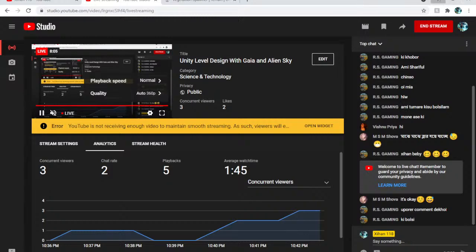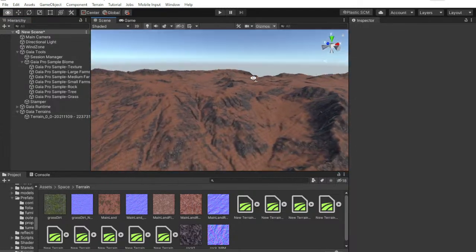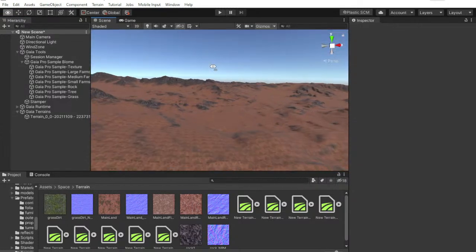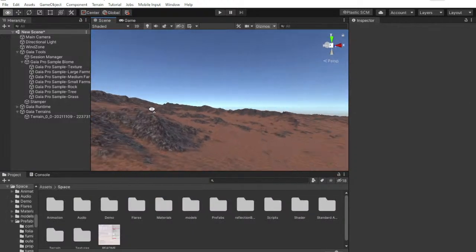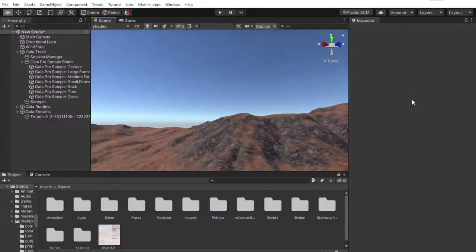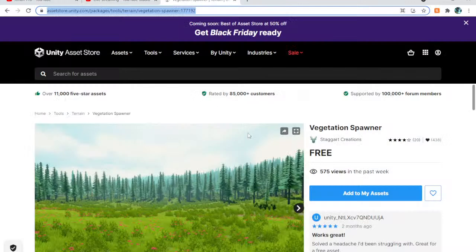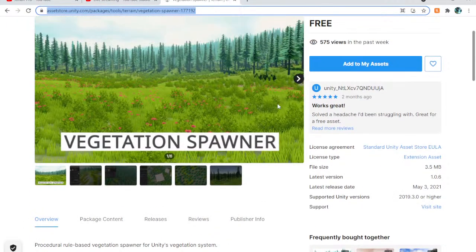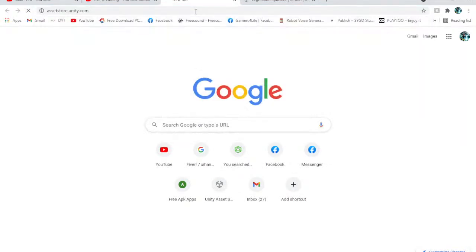Okay, let's continue. Now we're going to add vegetation to our scene here. We're going to add vegetation from our alien sky pack. I should refer to the assets that I'm using. Now this is the vegetation spawner that I'm going to use, and also I'm going to use the